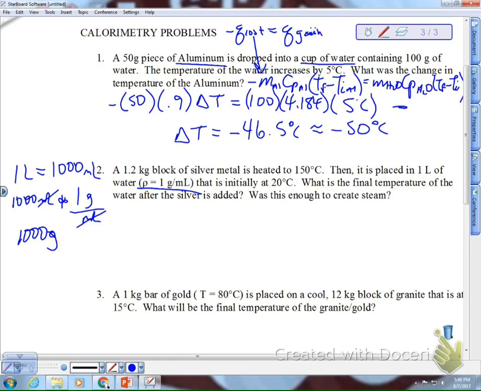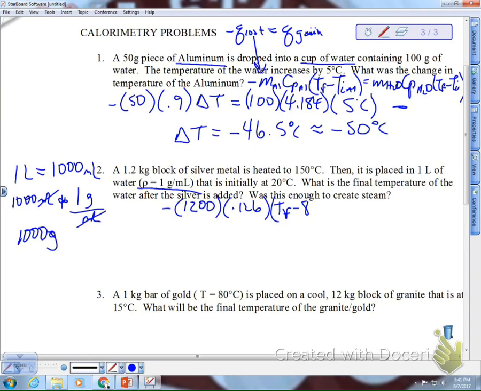The equation here is the same. The silver is the hot one. So in our setup, we're going to give a negative sign to the silver side. 1.2 kilograms of silver is 1,200 grams. Make sure you get to the proper units. From the table, 0.126 is the specific heat. And we are looking for TF starting at